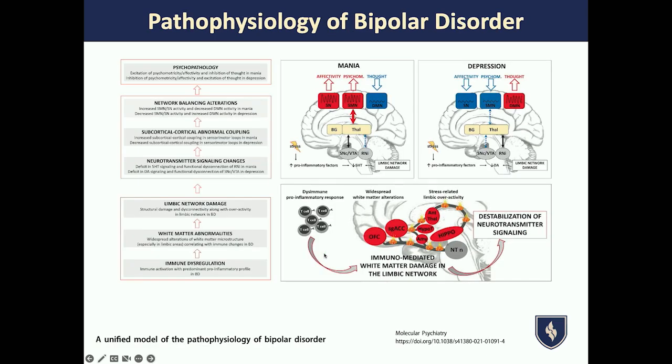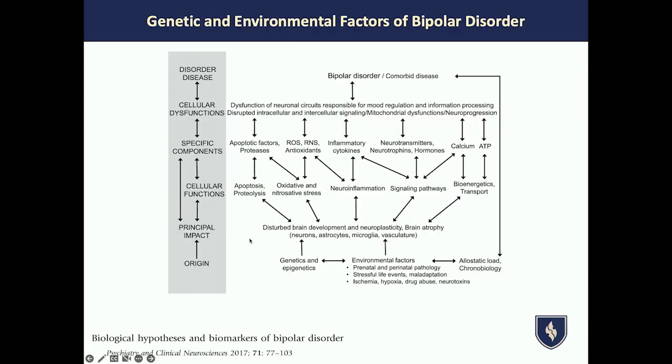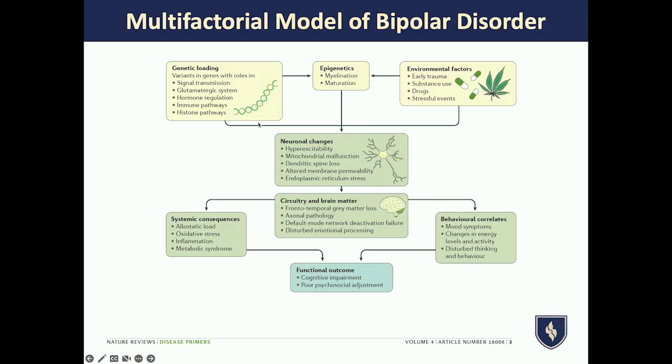But ultimately, what's happening with them is that there are these abnormal circuits that are occurring. And these abnormal circuits are really due to injury to these pathways. So with bipolar disorder, there are some genetic and epigenetic issues that then get turned on by environment. Then they create an inflammatory response. And then these limbic projections and pathways are always susceptible to inflammatory triggers that then cause them to go into a mania state or into a depressive state.